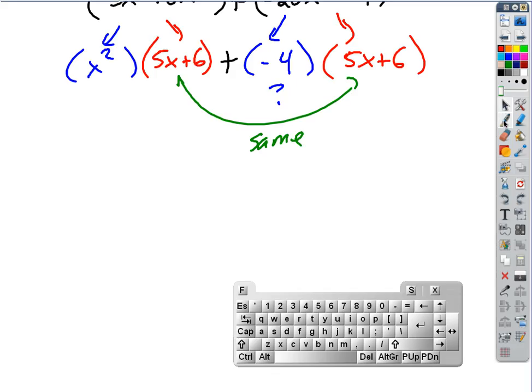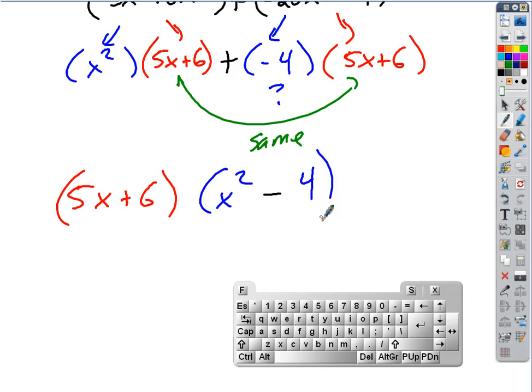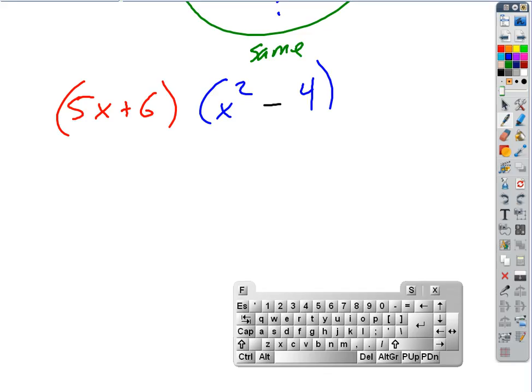Now this one's done because it's got an x to the first power. Is this one done? No, it's not. That's a difference of squares, isn't it? We can think of that as being x squared minus 2 squared. And then it's going to follow that difference of squares pattern. So that one's going to break apart: x minus 2 times x